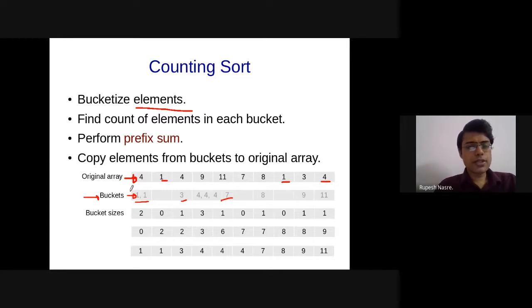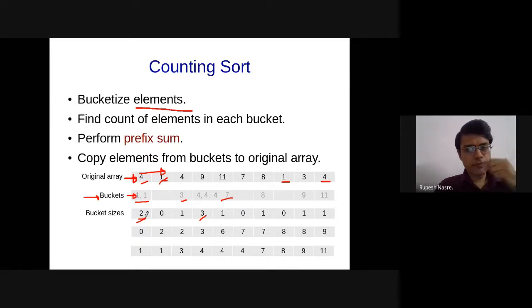Okay, so what I do is I go over this set of elements and then increment the counter in each location. So 1 appears twice. So whenever I go to 4, I increment this value. I think this is 1 based. So I increment this number. Then I go to 1. I increment this number from 0 to 1. Then I go to 4. I increment this number to 2. 9, increment the number to, I think, 1. 11, I don't know if it is there. Maybe I should have had one more number. But anyway, you increment it to 1 and so on.